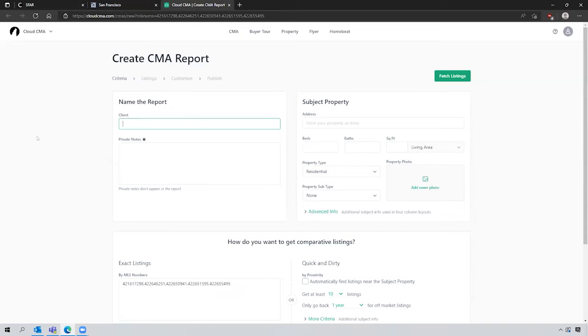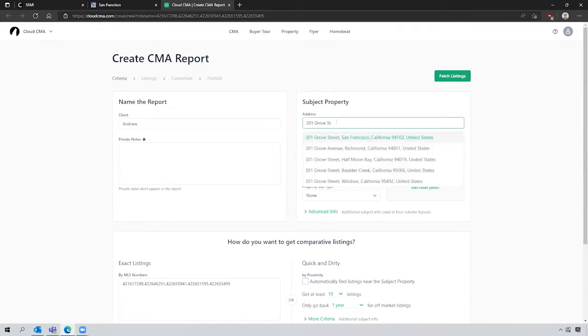Okay, so now that we've gotten our 5 MLS numbers, we can go ahead and create a CMA report. I'm not going to focus too much on some of the details and the accuracy of the information. I'm just going to fill in the information to get us to that CMA. So client, I'll use Andrew, and let's just use 301 Grove. Let's see. So this will auto-populate, and you can select